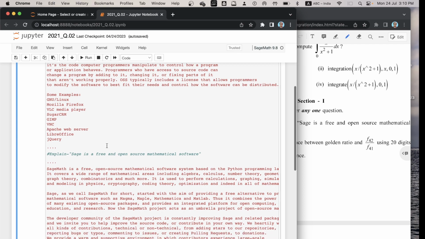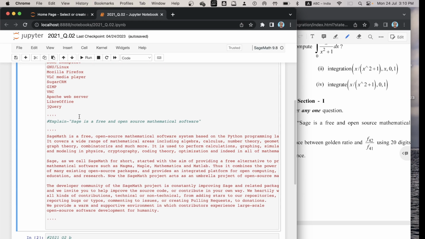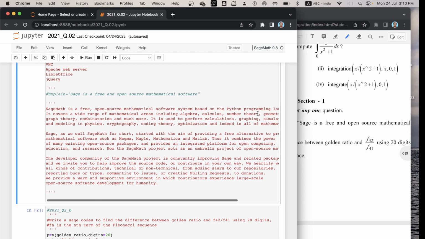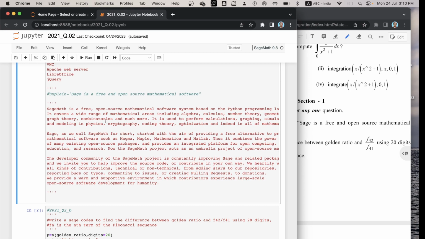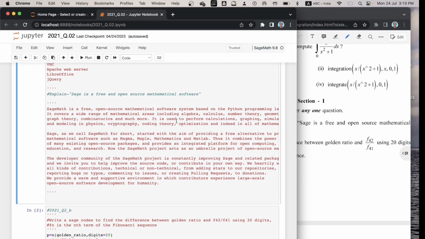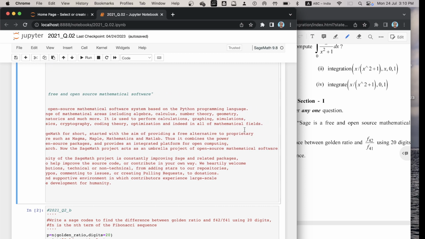In this next question, they explain that Sage is free and open source mathematical software. SageMath is a free open source mathematical software system based on the Python programming language. It covers a wide range of mathematical areas, including algebra, calculus, number theory, geometry, graph theory, combinatorics, and much more. It is used to perform calculation, graphing, simulation, and modeling in physics, cryptography, coding theory, optimization, and indeed in all